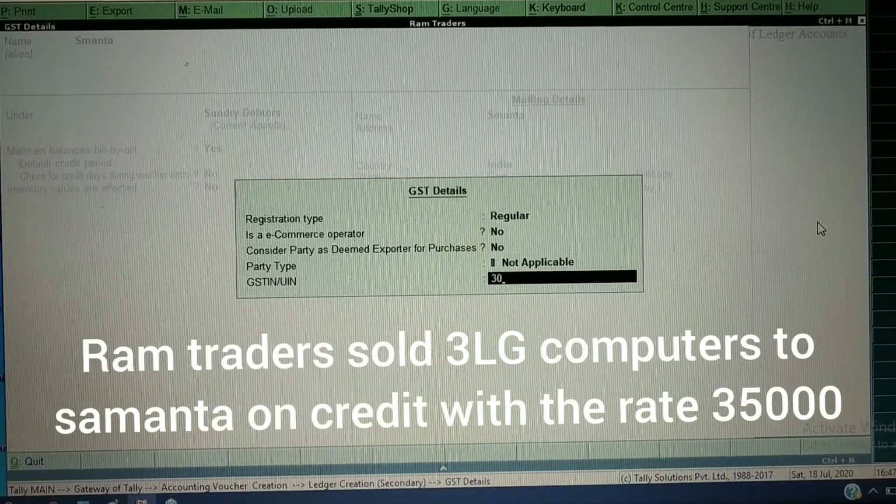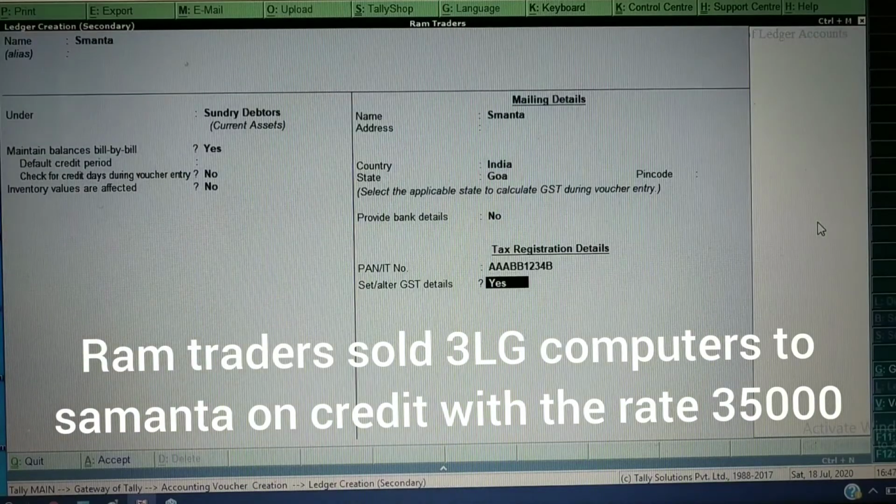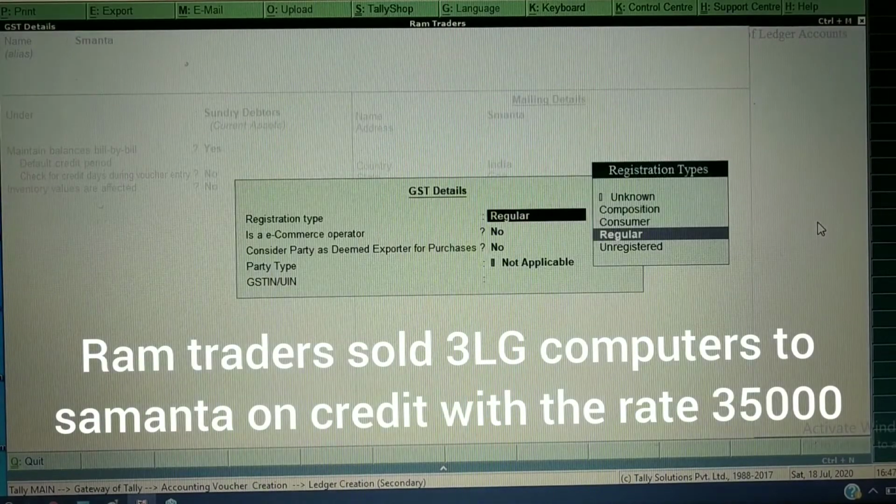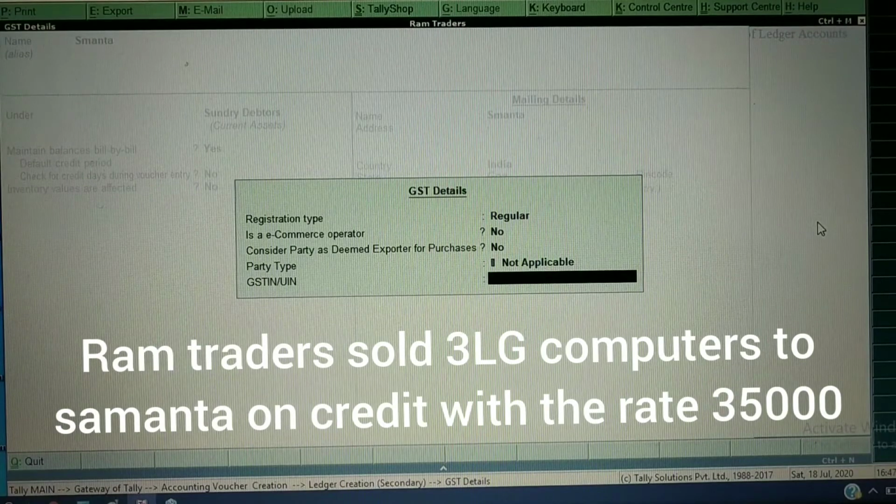So Goa state code will be 30, and then here we need to write the PAN number I had taken, then state code, 3 A's, and next BB, and after this 1, 2, 3, 4 B I took, and after this 1 number will come and Z will come, and then 1 number that is for the checksum number.